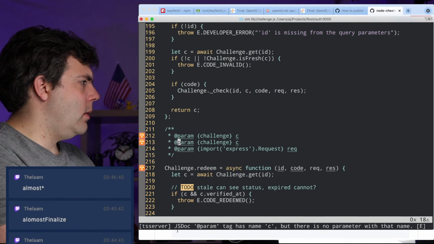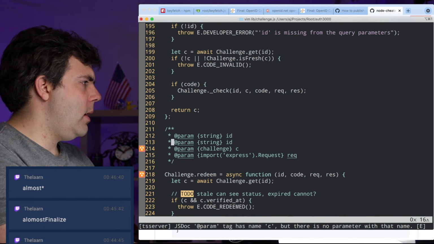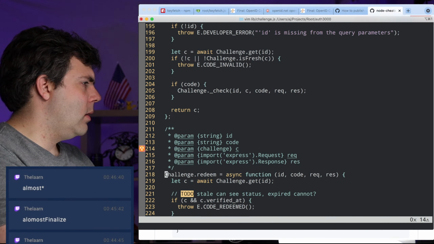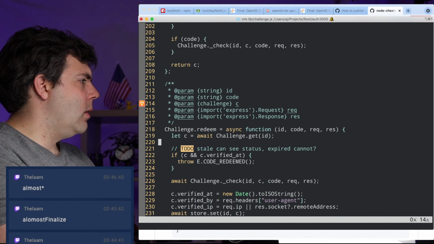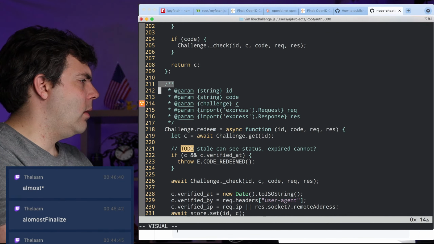Let's see about this one. We'll have string ID, we'll have code ID. We'll have the response object. Oh, we won't have the challenge object. Okay, that's fine.